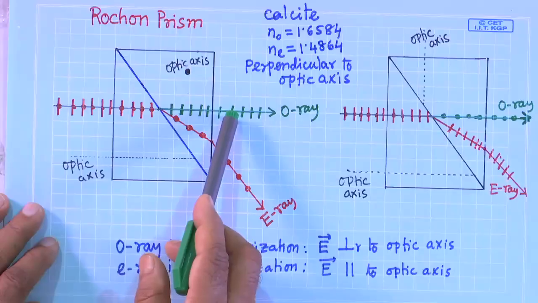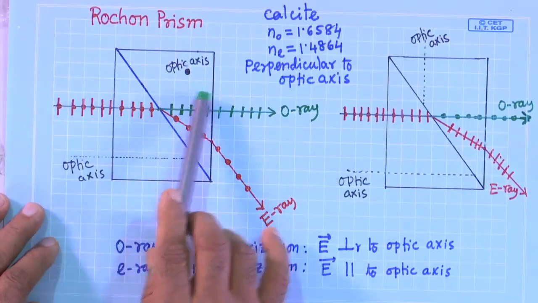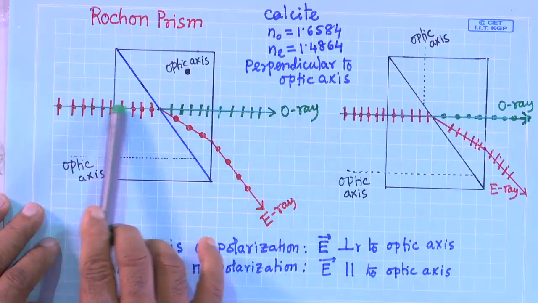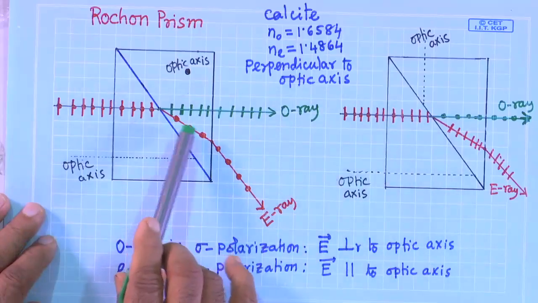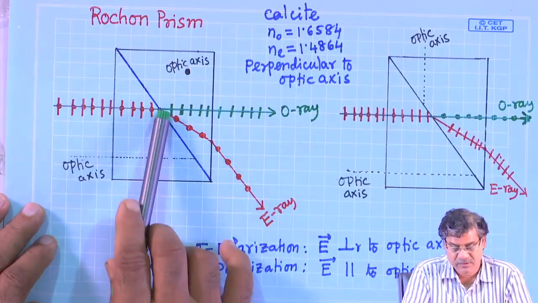But for the E ray, that differs. So, when the light falls perpendicularly on the same crystal, with the same refractive index for the O ray, it just goes out. But the E ray,